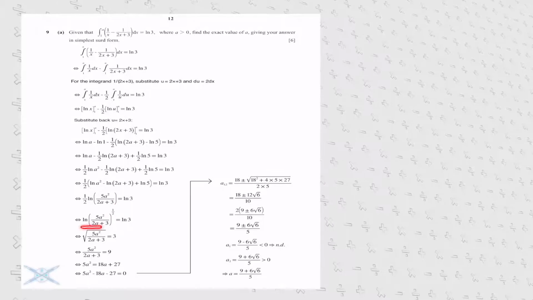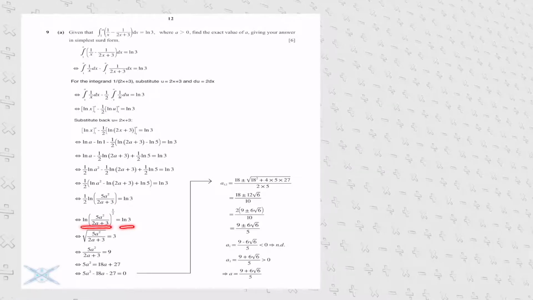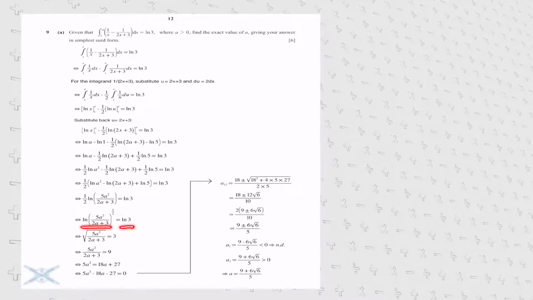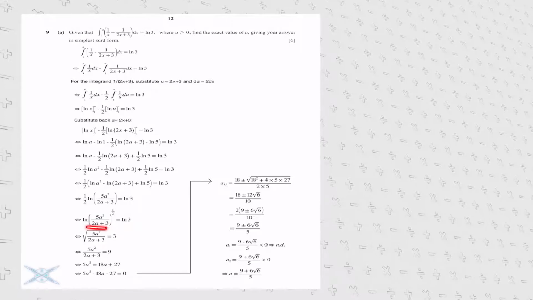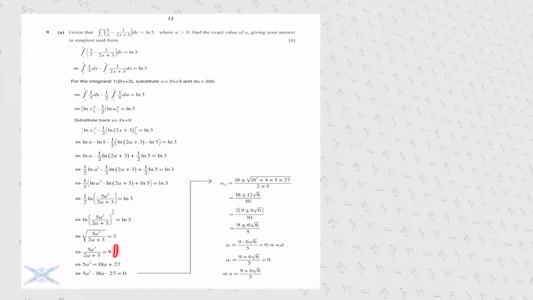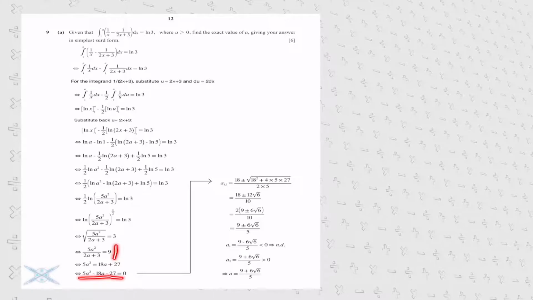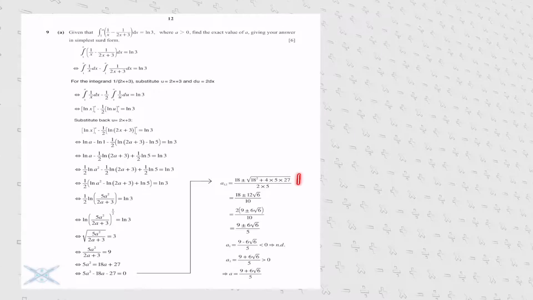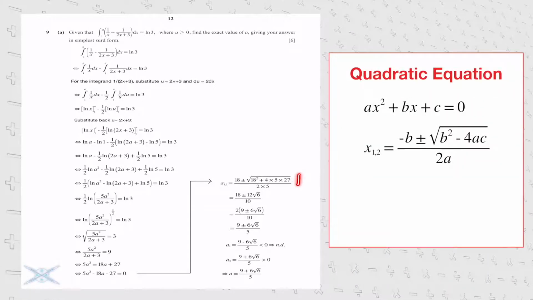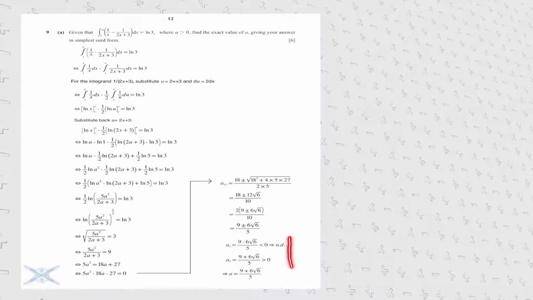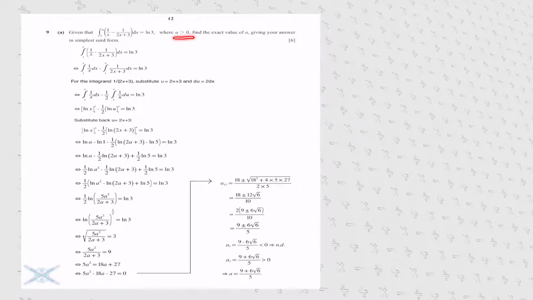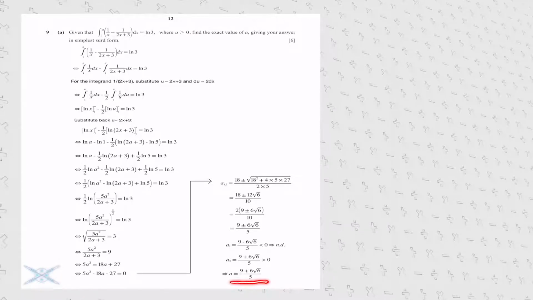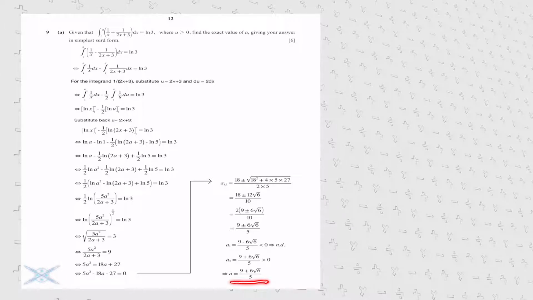Since the expressions to both sides of the equation relate to the natural logarithm, we simply need to compare the expressions to the corresponding right hand side. From there, we square both sides of the equation and rearrange it for a quadratic function. With the help of the quadratic function rule, which you are provided with to the right hand side of the screen, we will receive those two results. The negative 1 would be void since it is not larger than 0. Thus, our final solution in the simplest form is 9 plus 6 multiplied the square root of 6 over